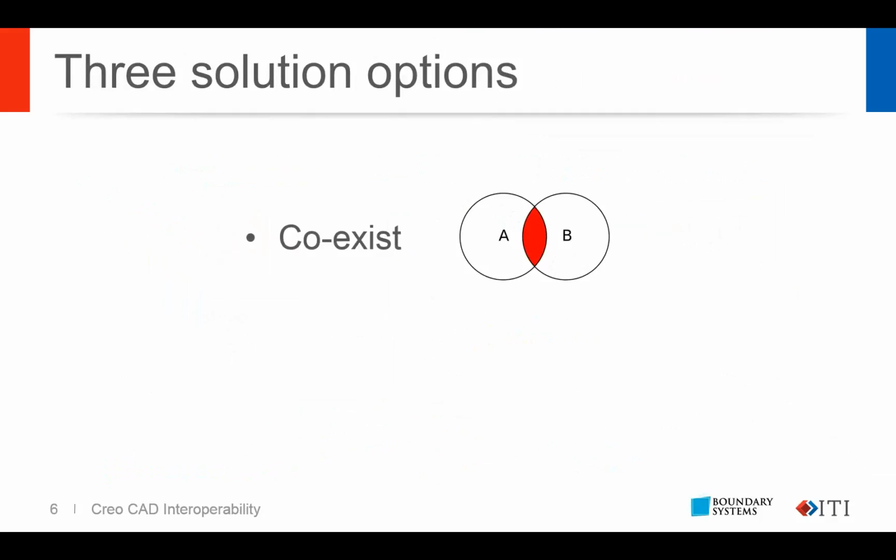So you could coexist, and there are certain solutions for that. PTC has one in Unite technology that could accommodate that sort of a situation. The next one is to simply import or export from the sending system, or what we would call the source system, and then import that into what we at ITI call the target system. I'll use those terms throughout today's discussion, source being where the data is coming from and target being where we're